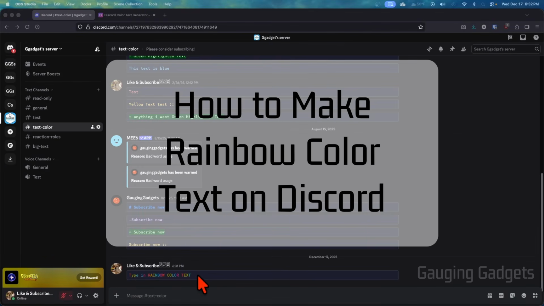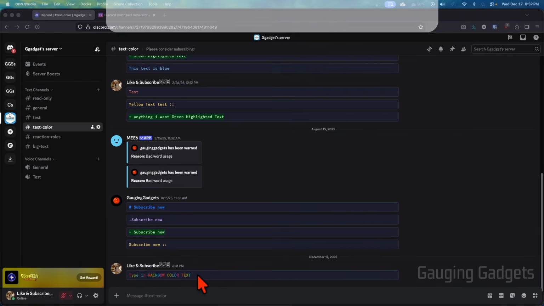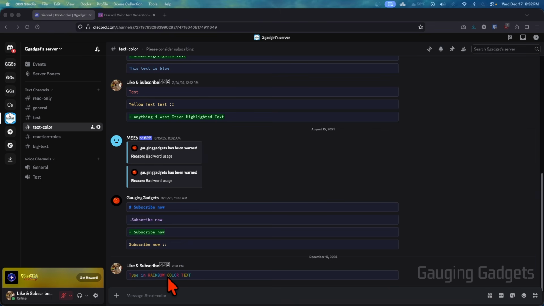How to type rainbow colored text on Discord. In this video, I'm going to show you how to type in color and an even rainbow or different patterns